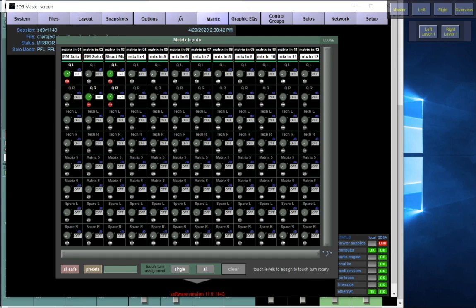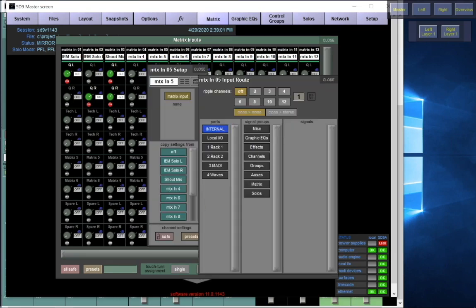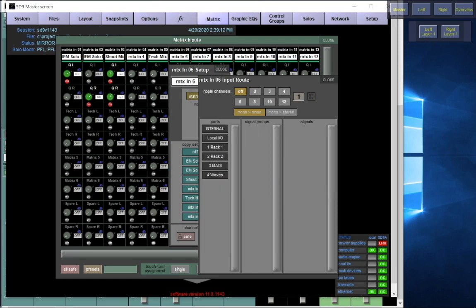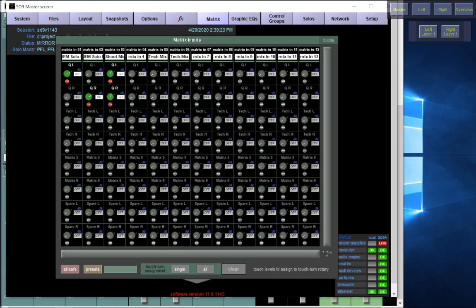So to begin with this, I've obviously made the tech mix and the matrix output as I've shown you. So I'm going to bring in the top here, matrix input 5 is going to become my tech mix, and on 6, tech mix right. So again, I'm going to go to my tech left and right output buses there, highlight the 2, up to 0,